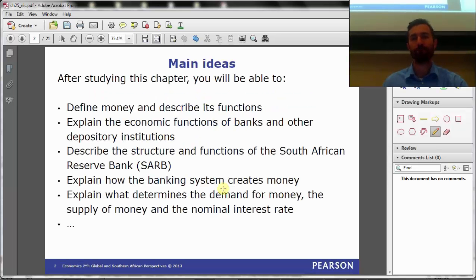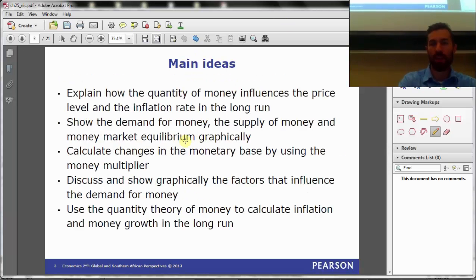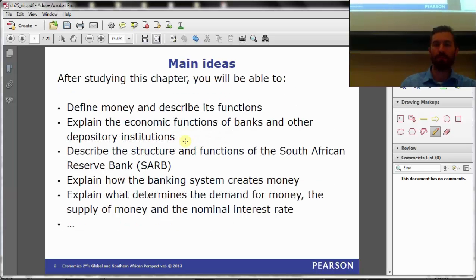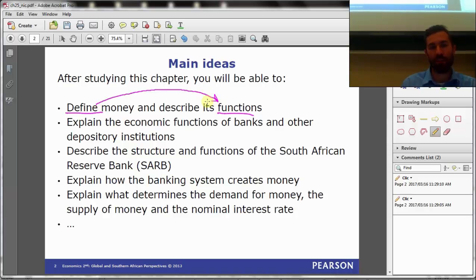So, moving then into this chapter about money, what are we going to do? If you're following along in the slides, I've split this first slide into 2 slides because there's a lot of stuff there, and I don't like slides with too much stuff on them. So what are we going to be doing? We're going to define what we mean by money, and we'll see that the way we define it is in terms of its functions. So the definition and the functions are in fact one and the same. We define money by its functions. You'll see what that means in a moment.